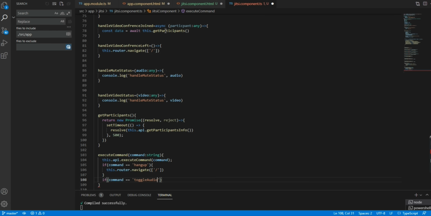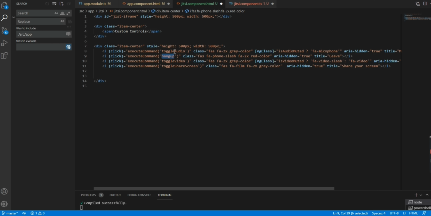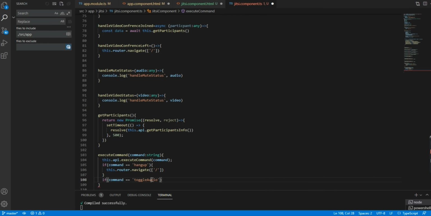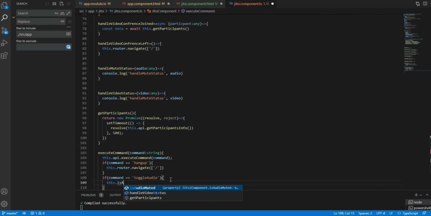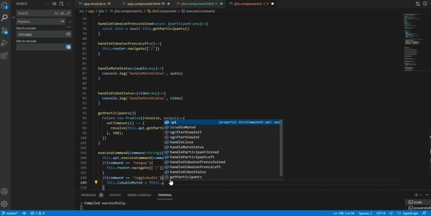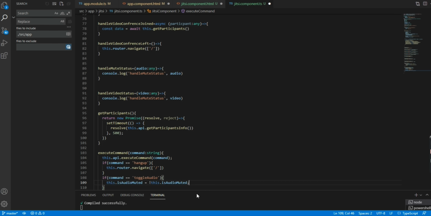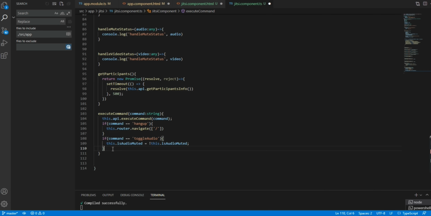And if command is equal to toggle audio, then this dot is audio muted is equal to this dot audio is audio muted.